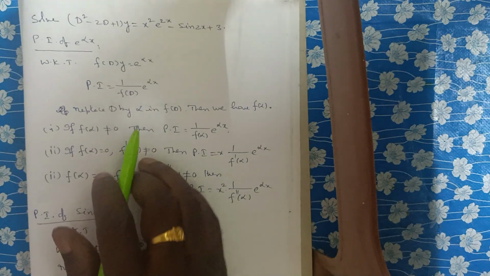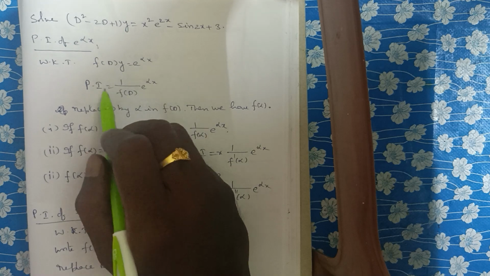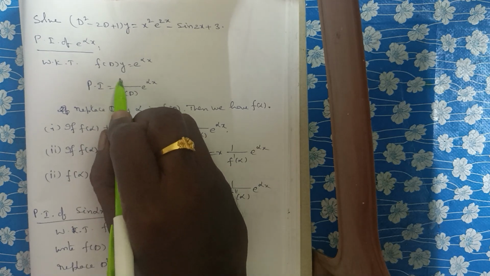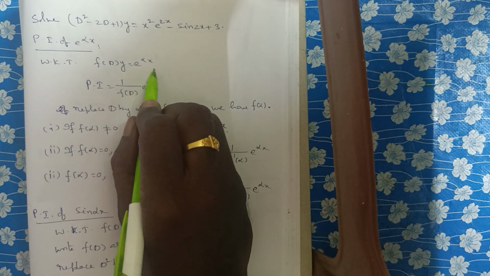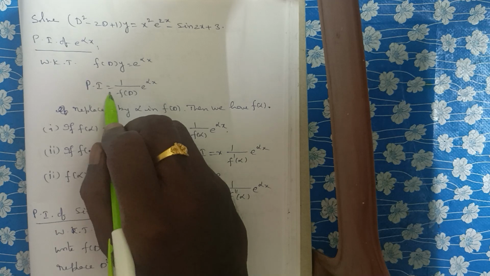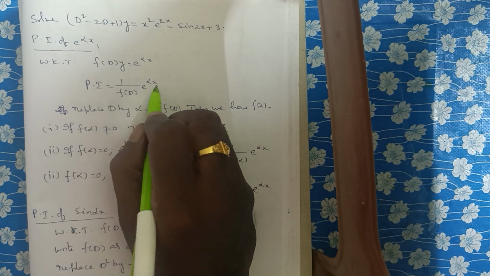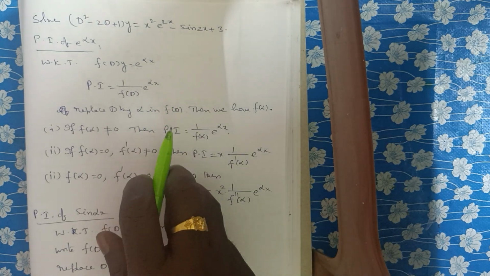We are writing the particular integral of e^(alpha x). Here we write the non-homogeneous linear differential equation in compact form: f(D) y = e^(alpha x). Here the particular integral of e^(alpha x) is equal to 1 by f(D) into e^(alpha x). To know the value of this particular integral,